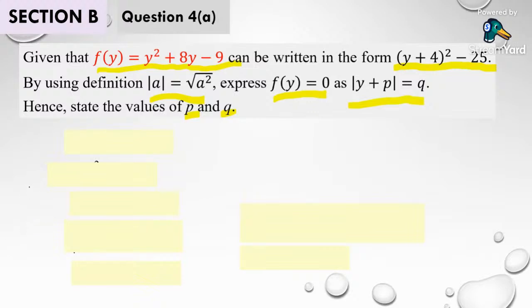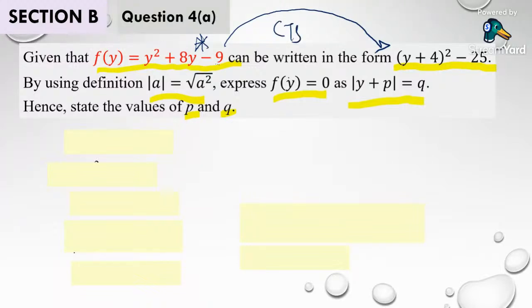So guys and girls, actually these questions are a bit nasty. Nasty in the sense that they give a lot of information to trick you, but that information is not useful. For example, they tell you that function y is this one, but actually all the while later you solve, there's no necessity to refer to this at all, because they already told you this one can be written in the form behind here. How can you get it? Maybe you can try completing the square to get this form here.